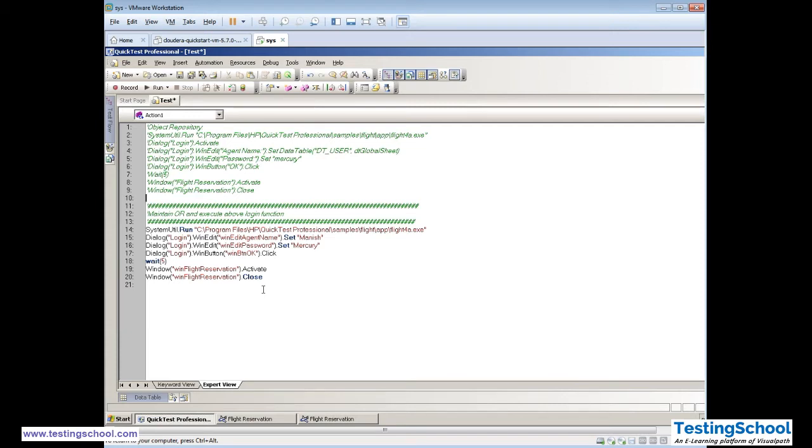Suppose you have n number of text boxes which you want to customize and give different names, different sequences. Then in that case, sometimes the drop down will be identified as an edit box. So QTP will say it's an edit box, but whenever you start writing, the drop down will appear.